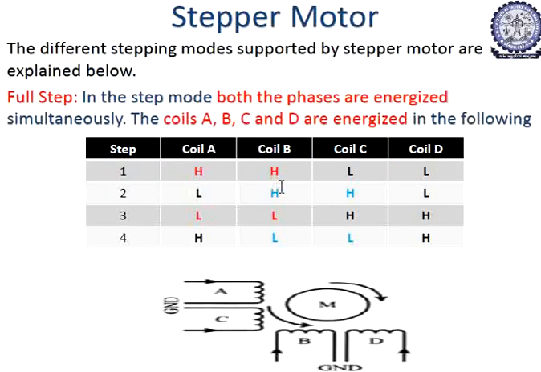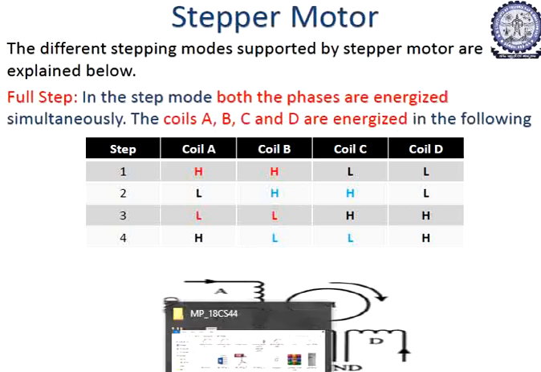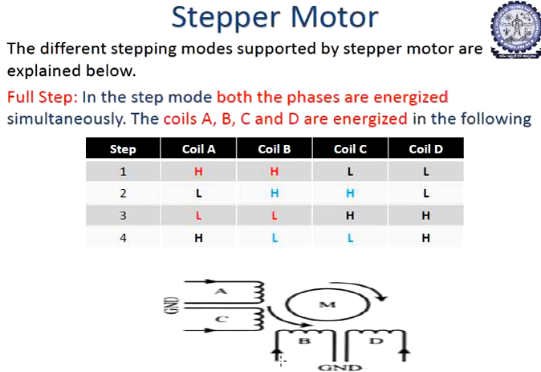Here the stepping modes are supported by the stepper motor. There are full step, half step, and wave step. It depends on how the phases are energized. According to that, the coils will start, so that the rotor will start rotating accordingly. Now see here, for example, if the coil is energized with positive energy, it is high, and negative we call low. If this polarity we give as high, obviously the C polarity will become low. For example, if this polarity becomes high, obviously this will become low. So let us look into that step here.